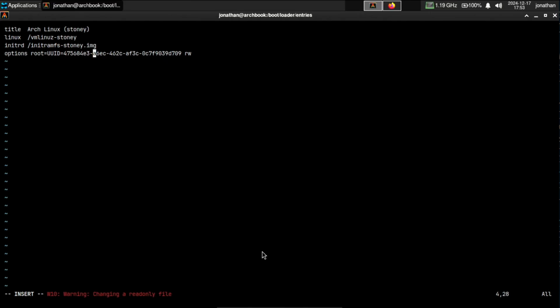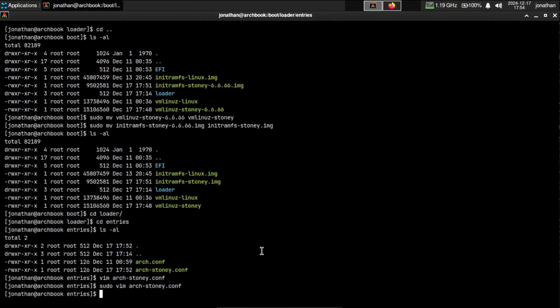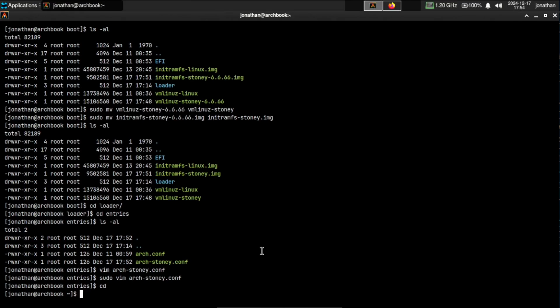This next bit we don't change, because this is the UUID of our root partition, and that is the same regardless of what kernel we're booting into. Perfect. Let me have a think if there's anything else that needs to happen. I don't believe so. So what I'm going to do is restart,